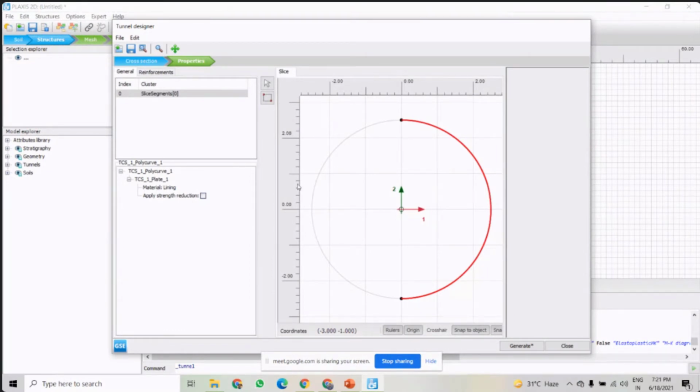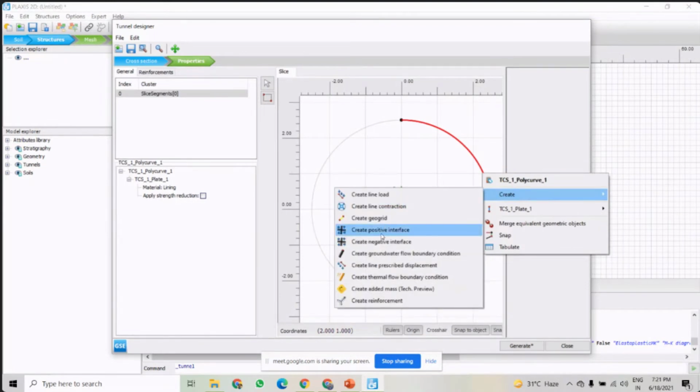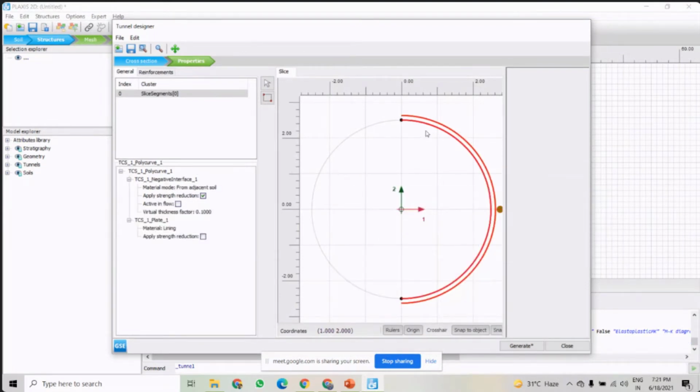Now we have to create here a negative interface, which is towards the soil. So this side is positive, that side is negative. So I create a negative interface. This interface is created here. After that, we have to create the line contraction over this same arc.